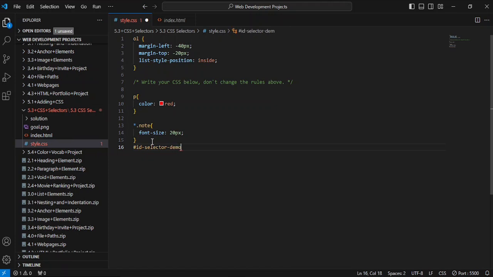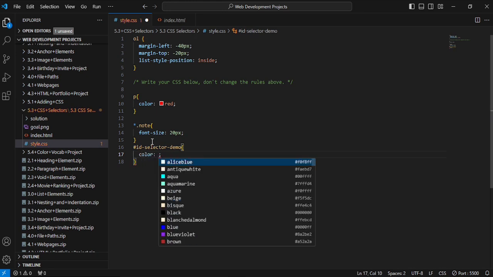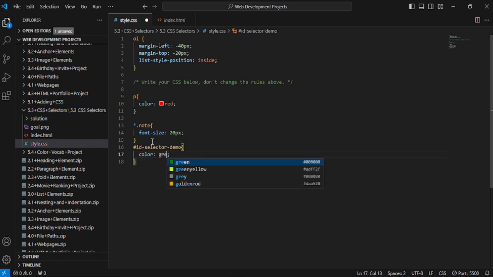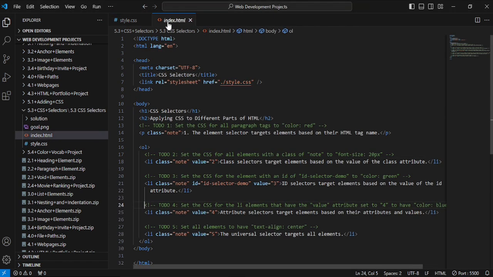Demo. See the reflection it has there. Okay, let's go to